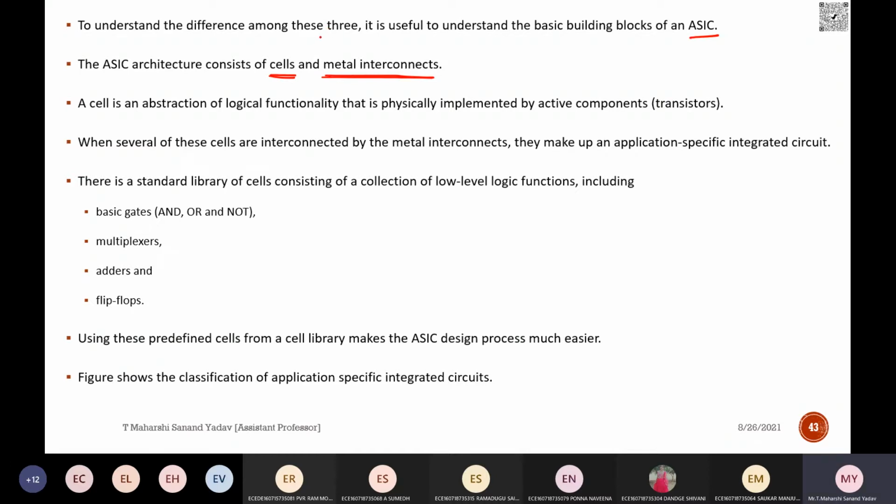How is the gate layer implemented in a field effect transistor? You can take anything, either depletion or enhancement. What is the gate made of? What is the metal that you are using to implement the gate? Polysilicon. So the gate is made up of one kind of metal, which is nothing but polysilicon.